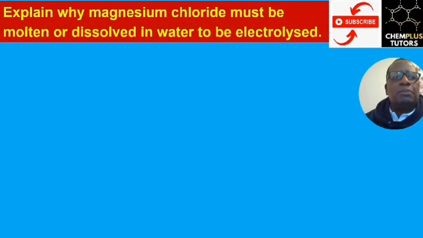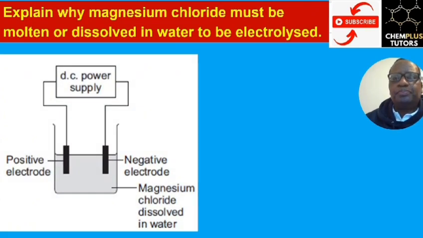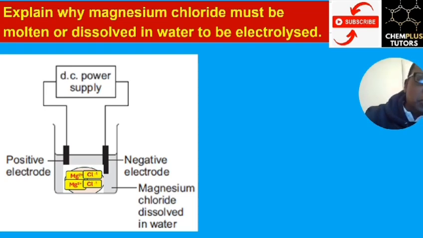Now then, explain why magnesium chloride must be molten or dissolved. If you look at the diagram, if magnesium chloride is a solid, the ions are not free to move. They cannot move to the electrode. So your answer is, electrolysis cannot take place because the ions